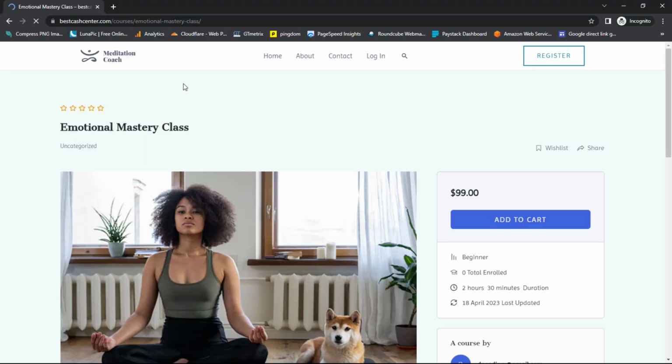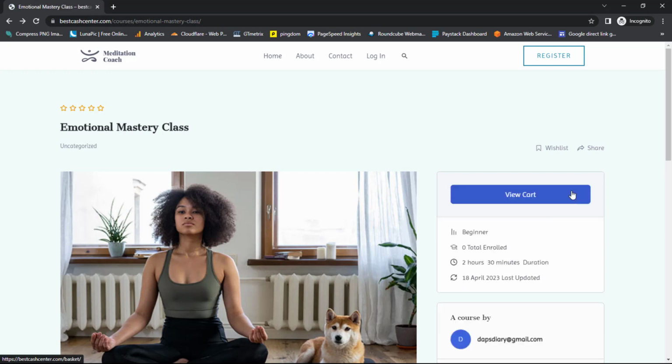And now we can see from here that we have an option to add to cart, and that is an e-commerce language, and for me, it doesn't flow. People should not be adding a course to cart. People should enroll into a course. So this function is a WooCommerce function. If you click this, personally I would prefer a checkout instead of view cart, and that will also lead